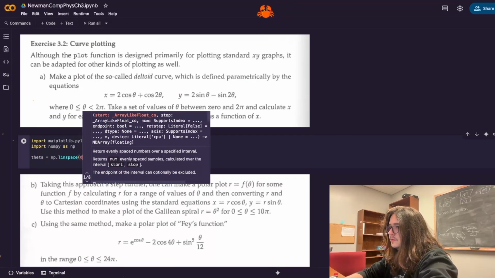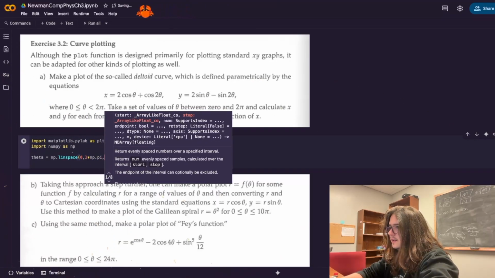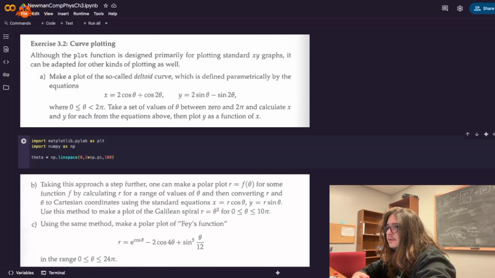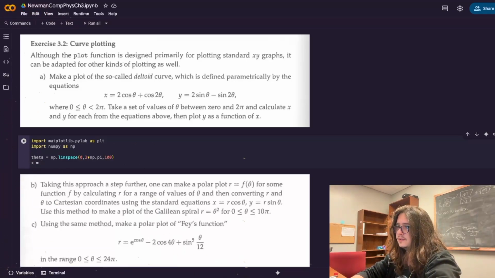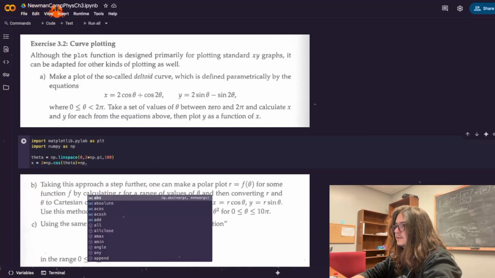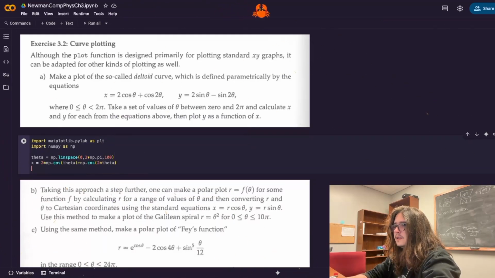You start at 0 and you go to 2 times np.pi. And we'll just do 100 points for now. That should be high enough fidelity to see the whole curve. And then we just simply write the equations. So x equals 2 times np.cos(theta) plus np.cos(2 times theta). And then y was 2 times sine theta,